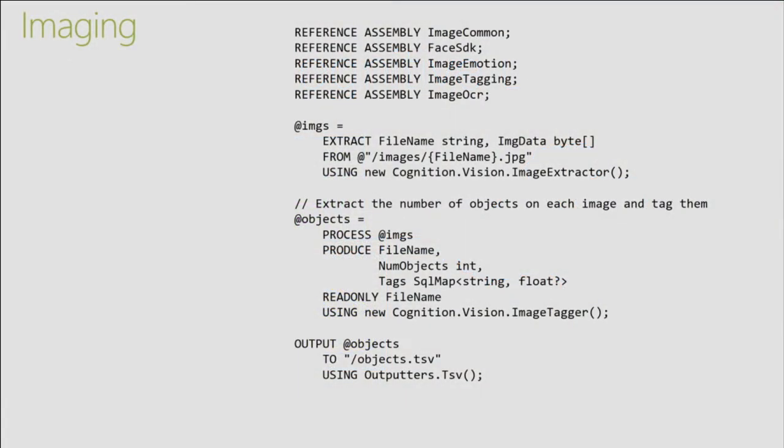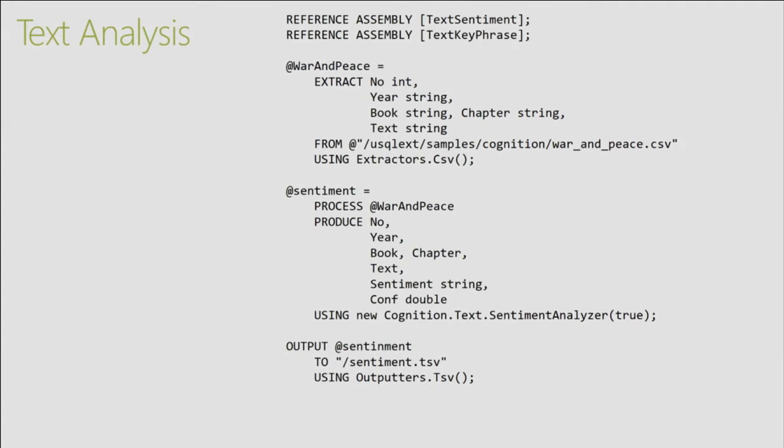So in terms of the libraries that we have available in the cognitive services context, we have face SDK, image and motion detection, image tagging, and OCR capabilities. These are all code pieces that are running behind the cognitive services APIs. These teams were nice enough to give us the code so that we can wrap it up into our extensibility framework and share it with you so that you can do some interesting stuff with the data out of the box. On the text analysis side, we have text sentiment analysis and text key phrase analysis. Again, it's done either using extractors, producers, or what we call